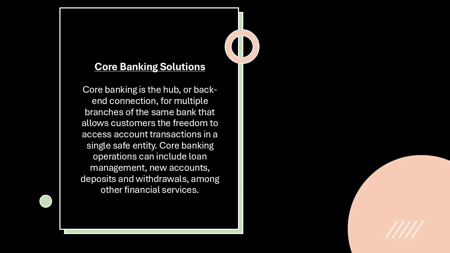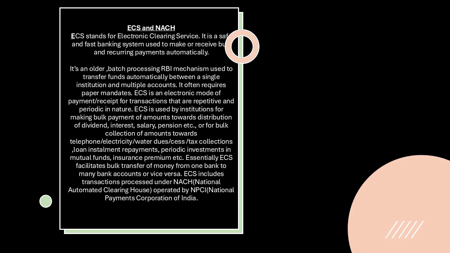The next topic for today is ECS and NACH. ECS, Electronic Clearing Services, is an electronic method used by the banks to handle bulk, repetitive, and periodic financial transactions. It's an older batch processing mechanism by RBI used to transfer funds automatically between a single institution and multiple accounts. ECS includes transactions processed under